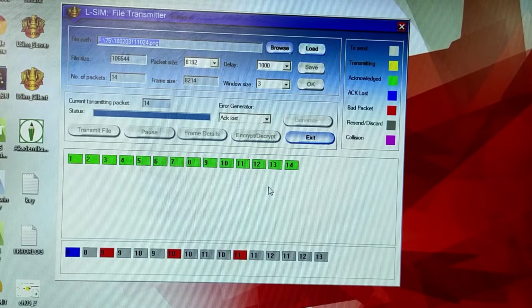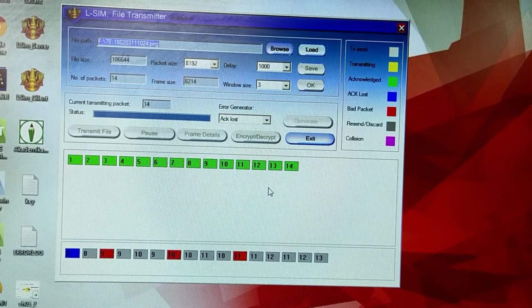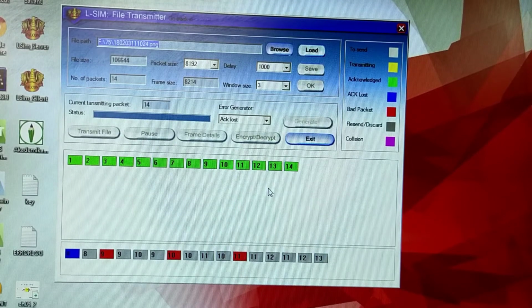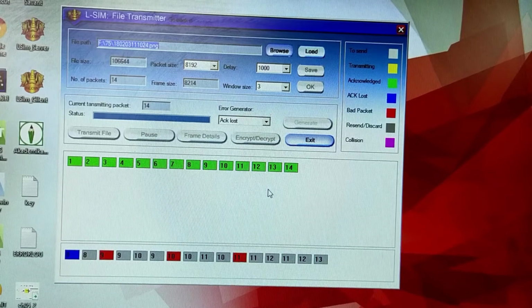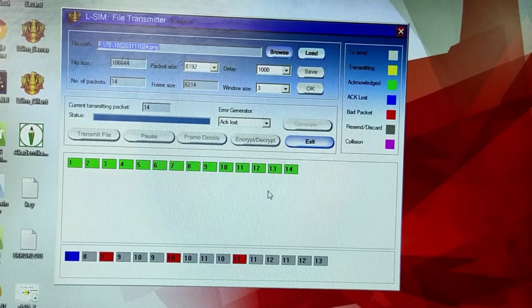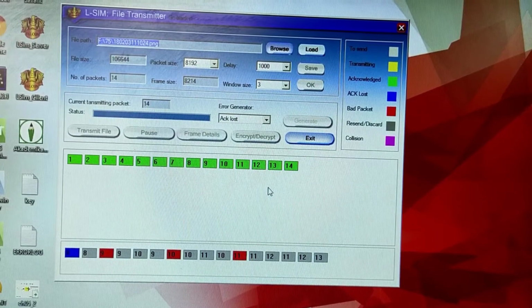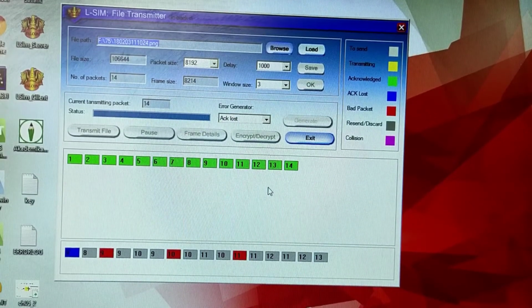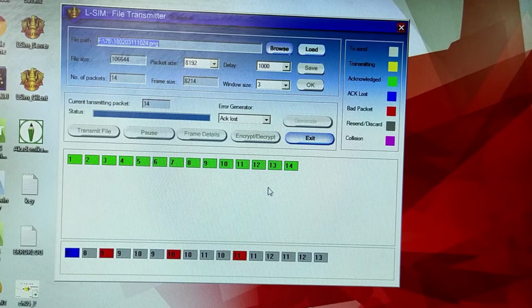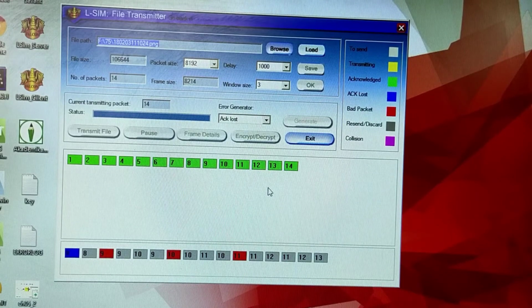packets got retransmitted. Also, as you can see, once packet number 8 is lost, and if it is sending 7, 8 and 9, then with go back n, that is to number 8, all the packets will be retransmitted. That's why you can see more retransmissions at the bottom part.